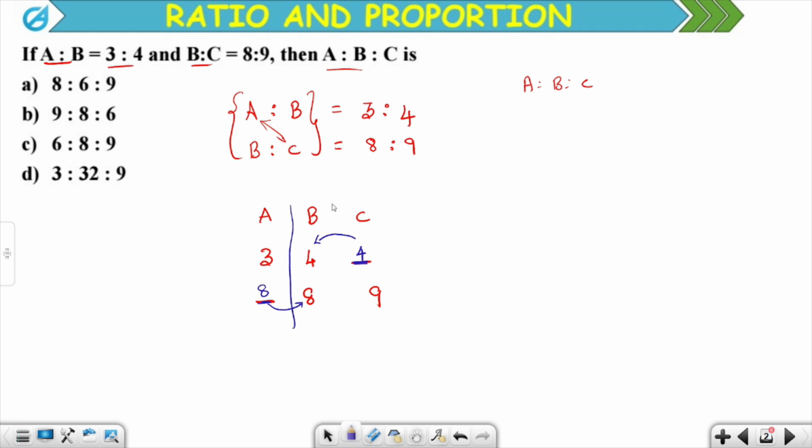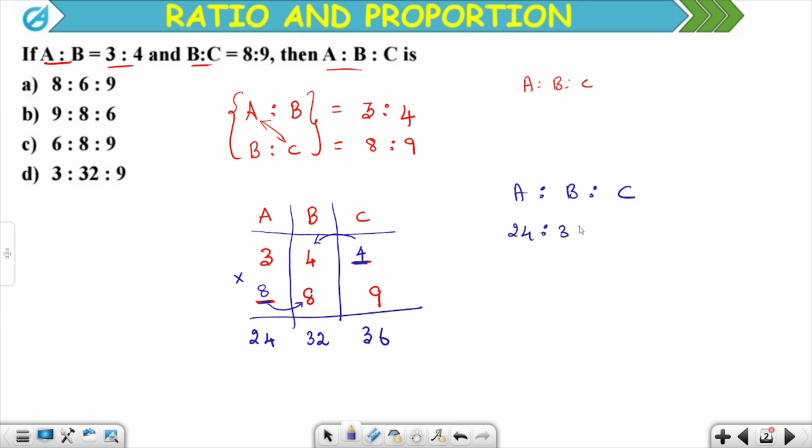Now multiply. 8 threes are 24. 8 fours are 32. 9 fours are 36. So A is to B is to C is nothing but 24 is to 32 is